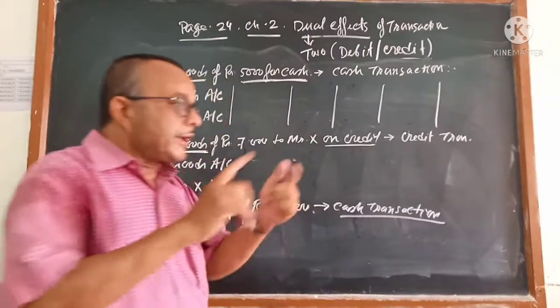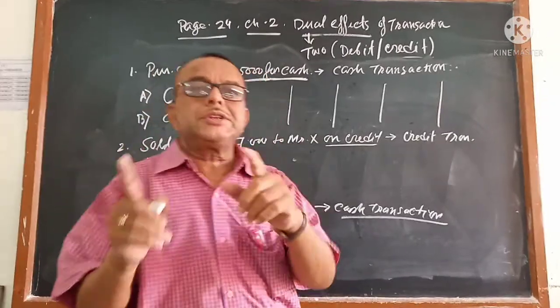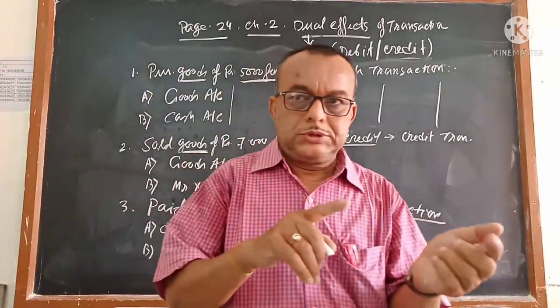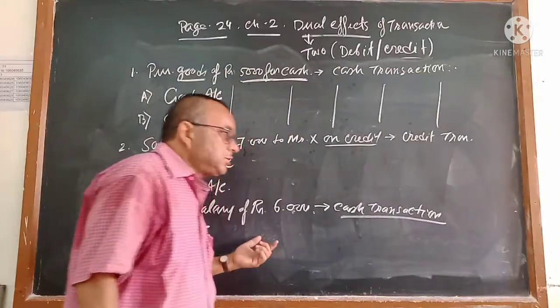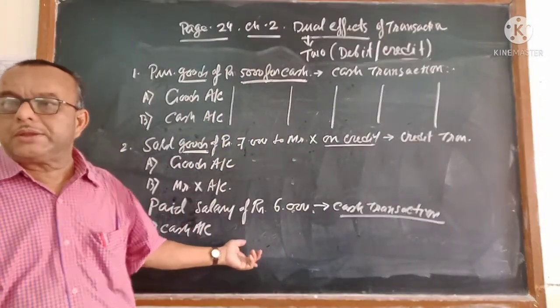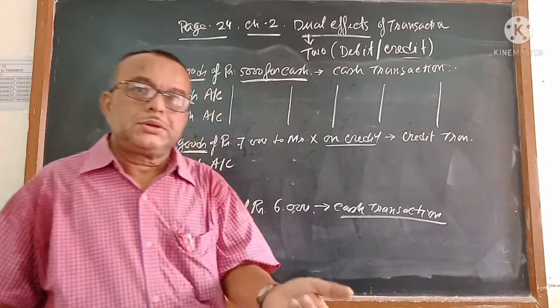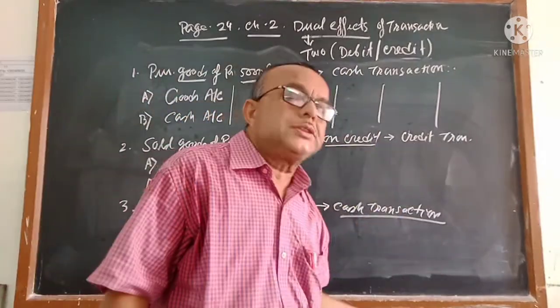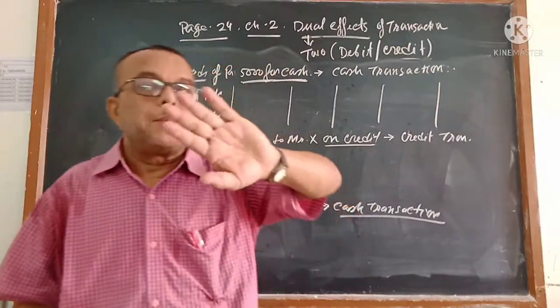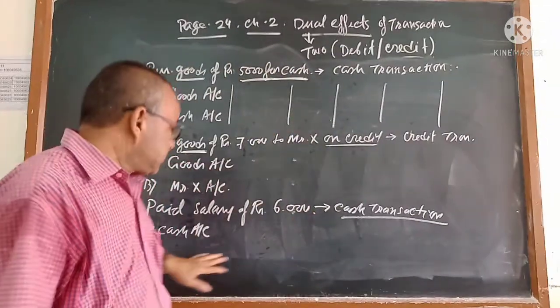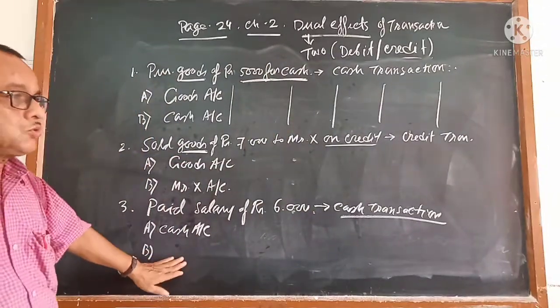So one is an exchange between services and money. This is not goods. This is the exchange between the service and money. But against the service which you paid, the name of the expense we will write in this account. We will not write the money and service. These two things are exchanged. Cash and service we will not write.